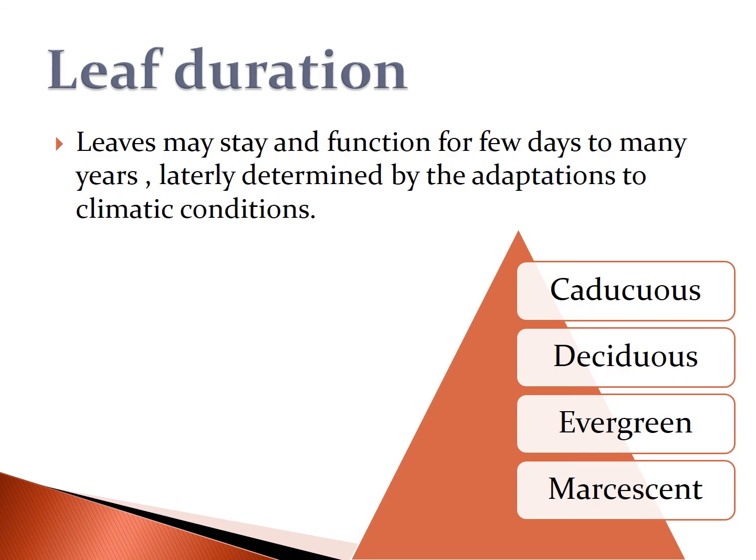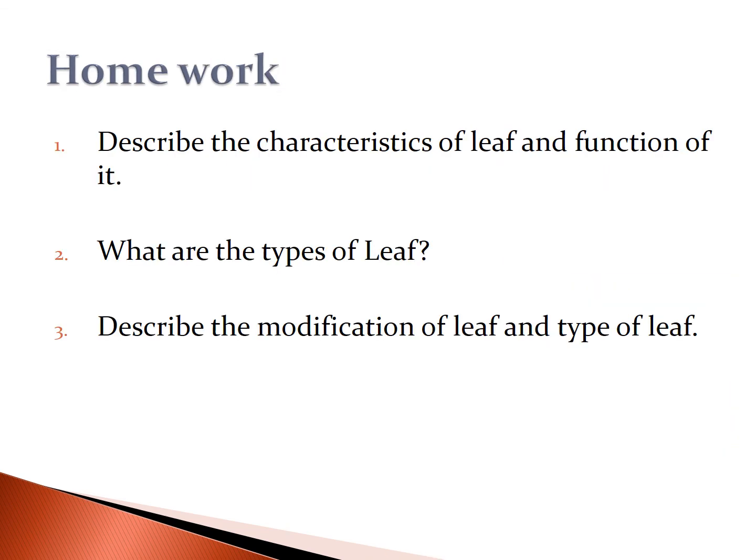In this chapter we learned a lot of information, especially about the leaf. What is meant by leaf? What are the characteristics of leaf? What are the functions of leaf? First of all, leaf is an evergreen portion. Leaf has chlorophyll, and its functions are photosynthesis, transpiration, gaseous exchange, protection of buds, conduction of water and dissolved solutions. These are the primary functions of leaves. Then storage, protection, support, reproduction. These are the secondary functions of the leaf.